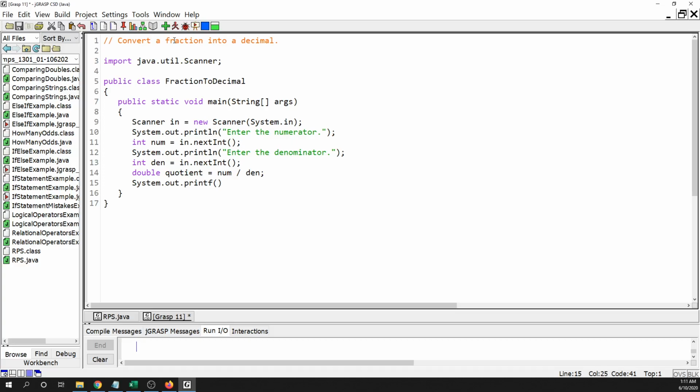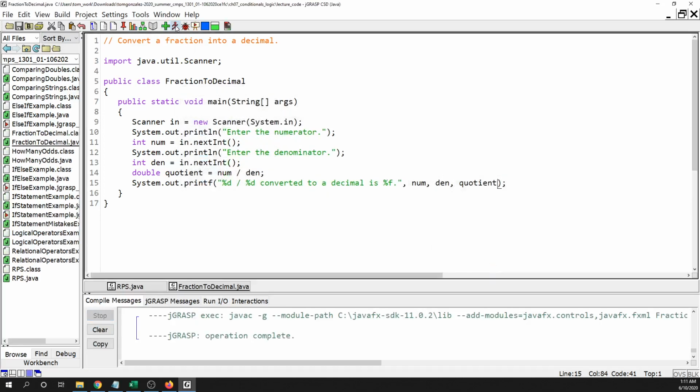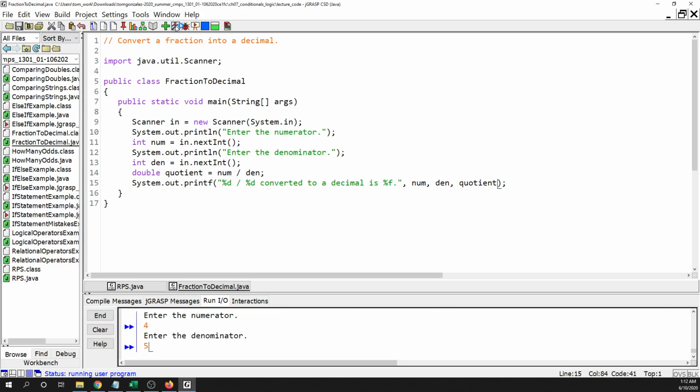So we will do a blank, and then the message that we want to display. And then we will put the numerator, then the denominator, and then the quotient there. Okay, so let's try that and see if it goes. So if I do 4 and 5,